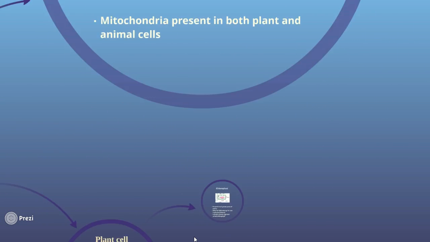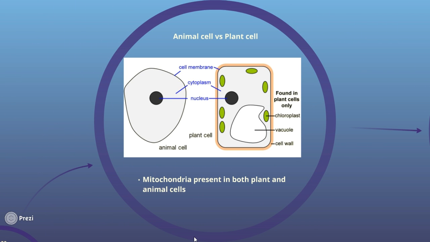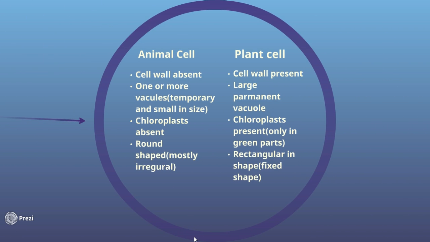This picture gives you an idea about the similarities and differences in both animal and plant cell. We can see both have some organelles in common, namely cell membrane, cytoplasm, nucleus, and mitochondria. Organelles found only in plant cell include chloroplast, vacuole, and cell wall. So now we can easily differentiate between an animal and plant cell, which is a common question in your IGCSE